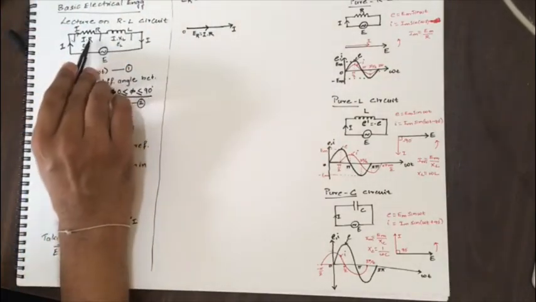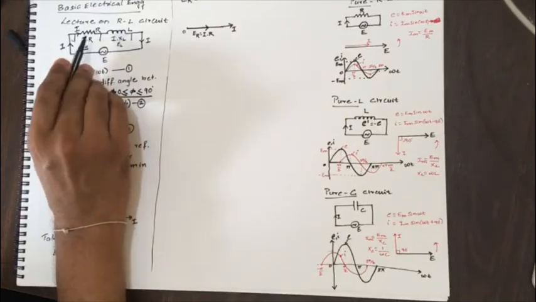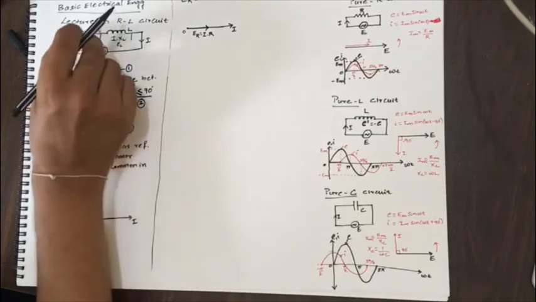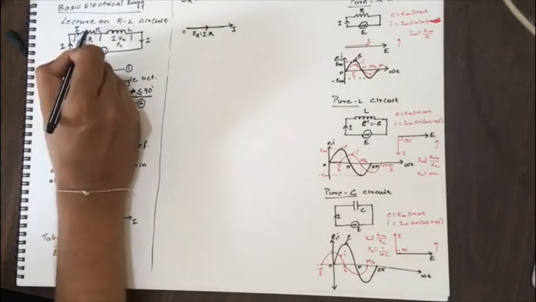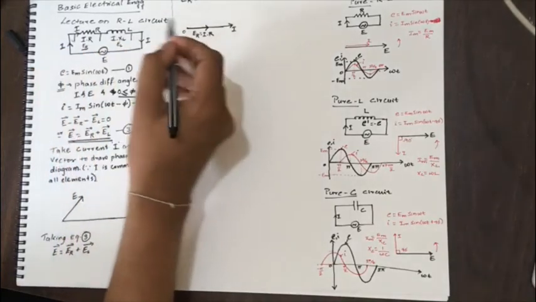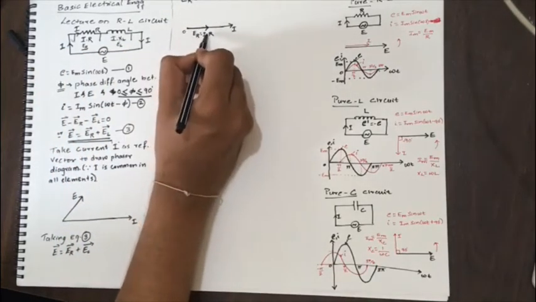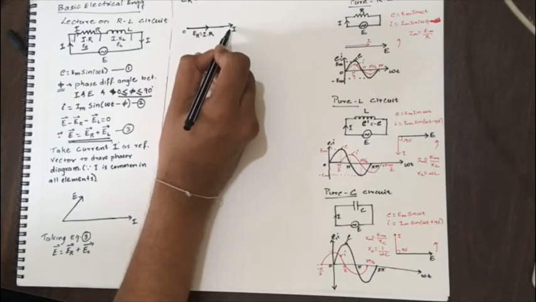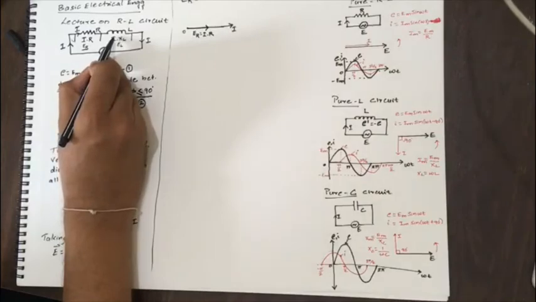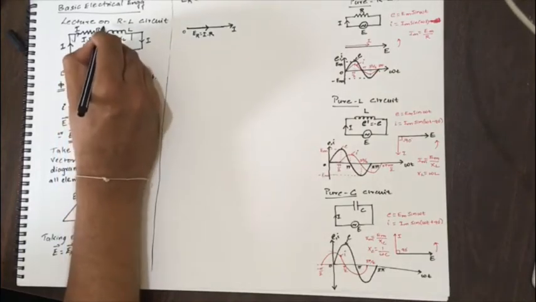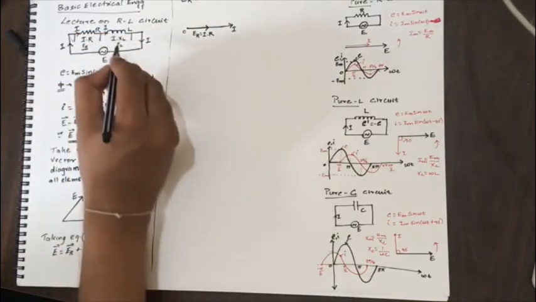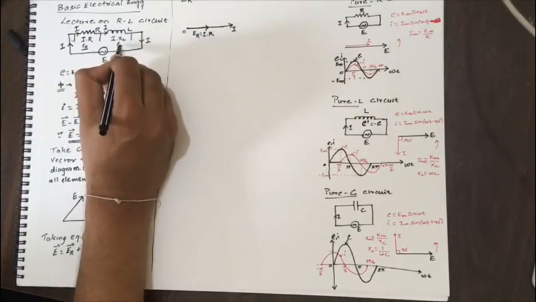So the current I is flowing through R, making a voltage drop of ER. Now the voltage across R is ER and the current through R is I. Hence, current I and ER should be in phase. Therefore, I have drawn vector ER in phase with current I, overlapping. Now coming to the second element. The same current I is flowing through L, making a voltage across L to be EL.